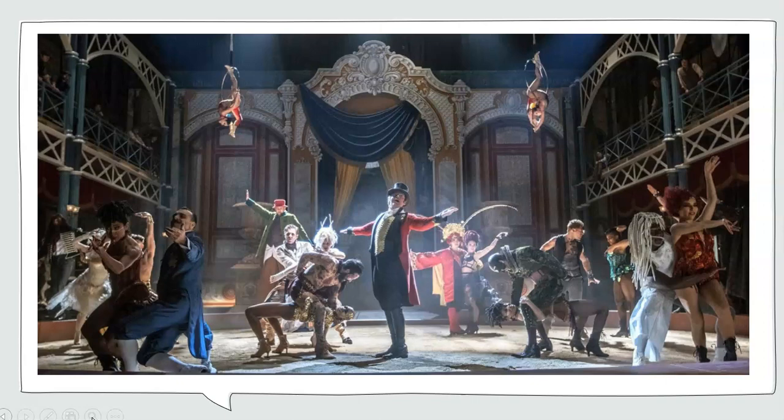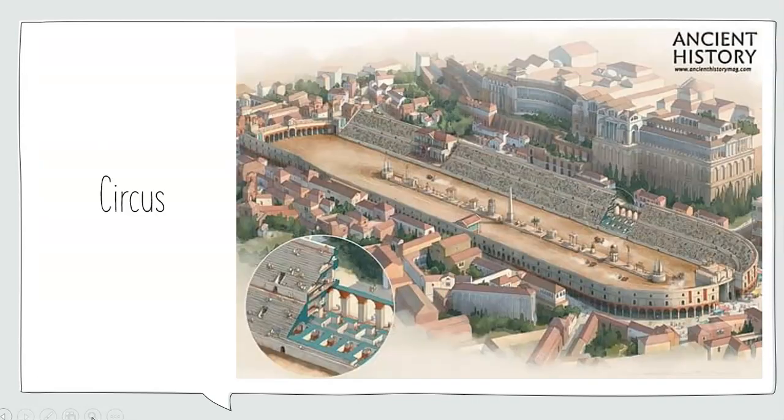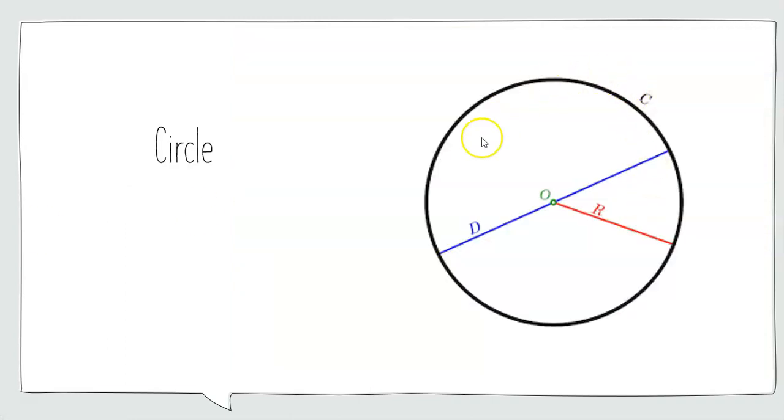Now, what we know of as a modern circus actually came from Rome. So a circus, if we look here, was when horses and carts would run around and around and around like a race. Okay, now when I think about going round and round and round in a circle, then I can make connections between the circle I see in Rome and this circle here, which I might see or use in maths and science.